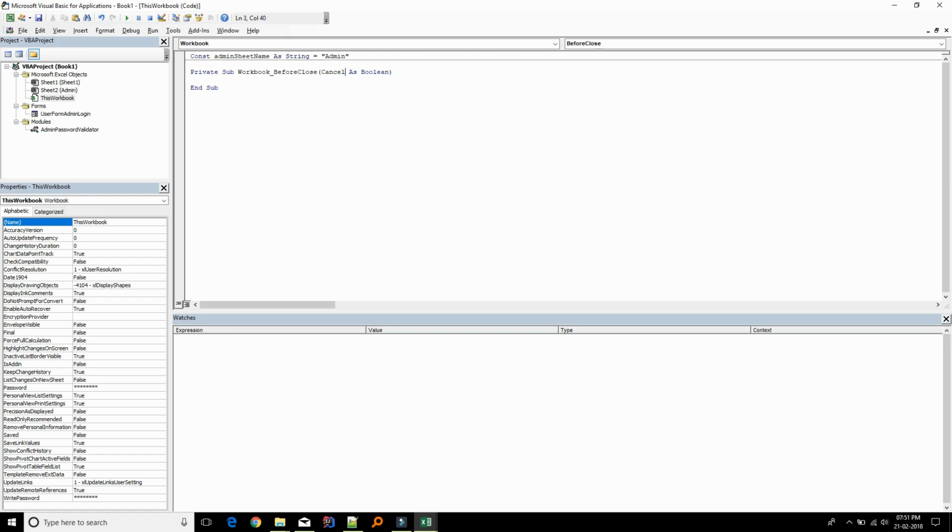admin, and let's say we'll declare a boolean, can destroy workbook as boolean. We'll say can destroy workbook is equal to this workbook dot sheets of admin sheet name dot cells of 3, 2